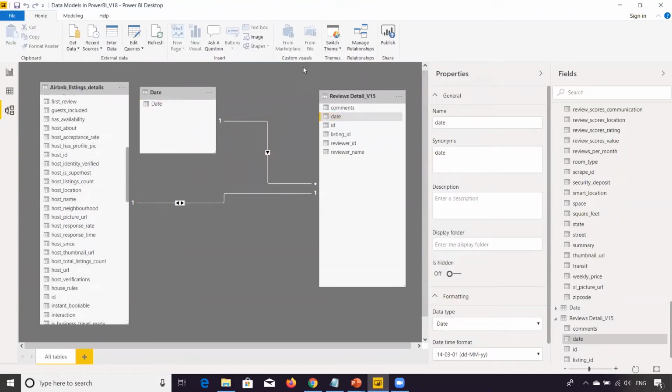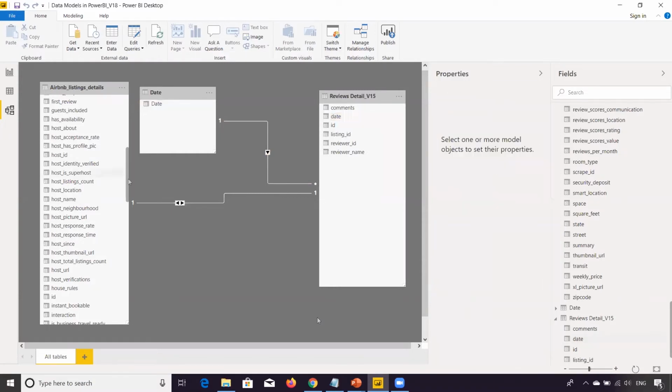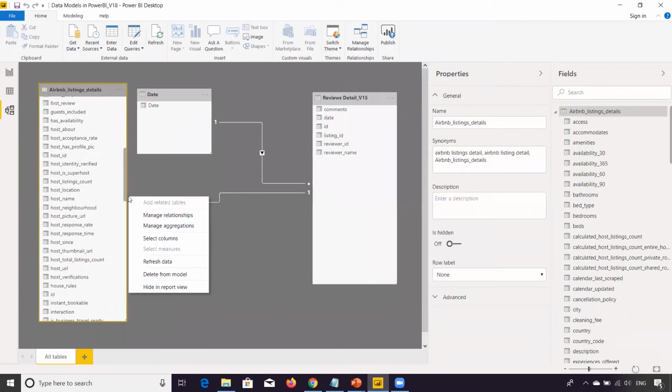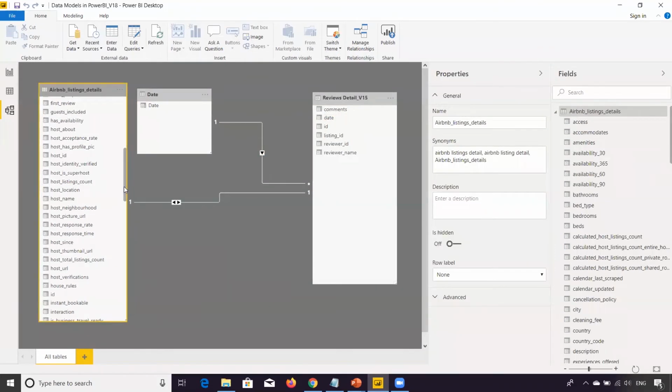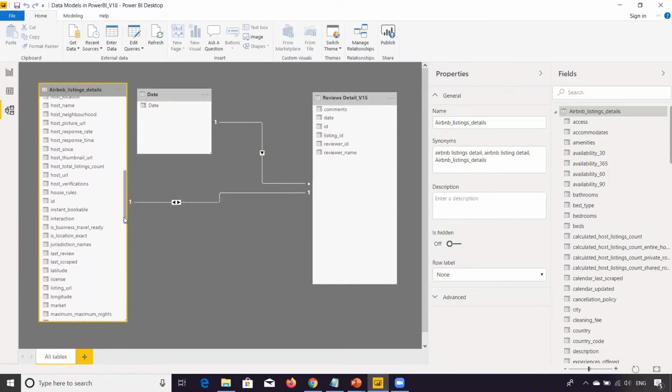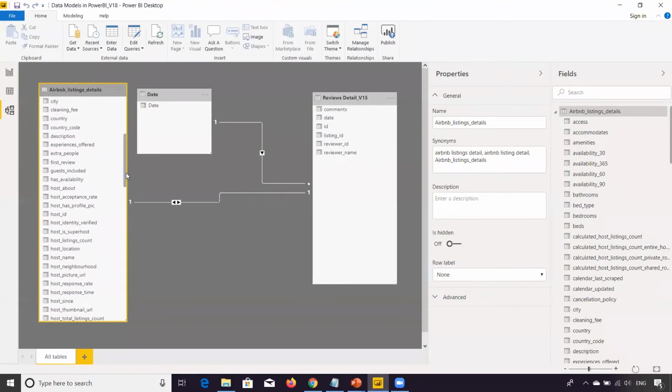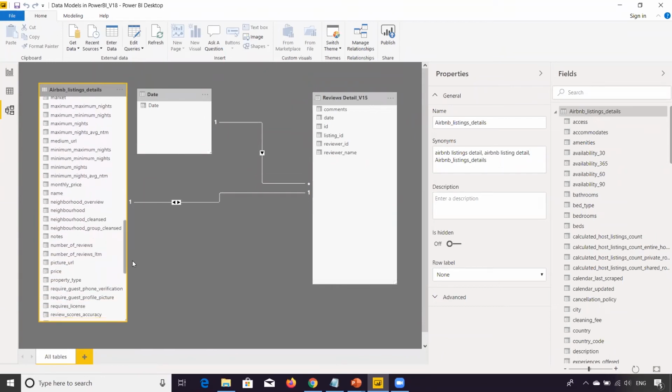Now the moment you select the date, it shows the format of the date and all those things. So this is how it works. Now over here as well, on this table you have certain date fields. So what is that? The date fields are property listing date. We have host ID, host name, host location. Where is the property list date?